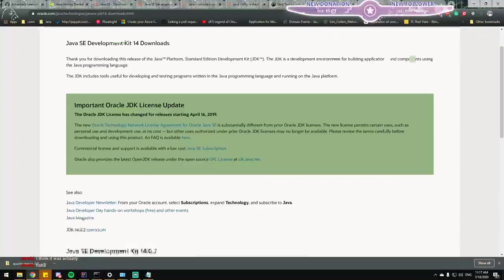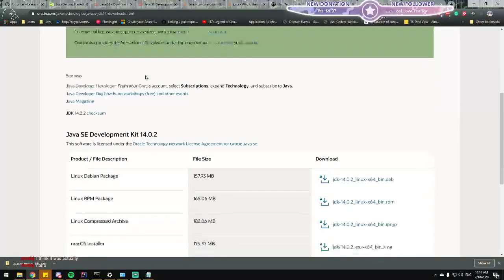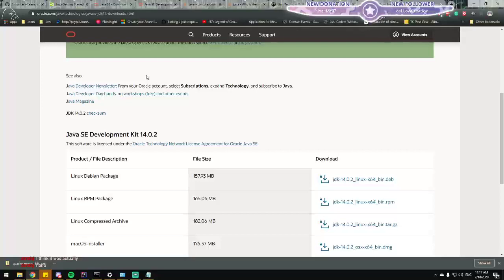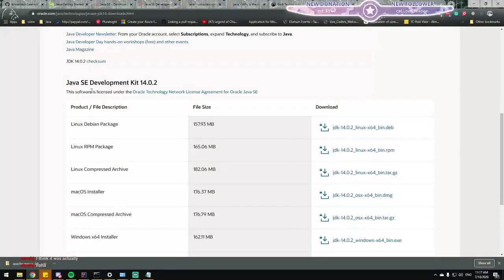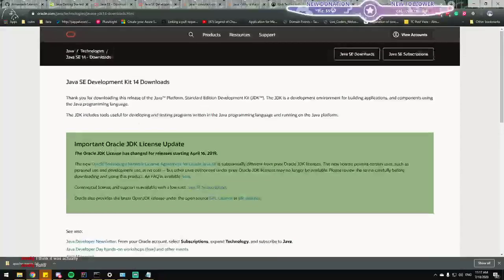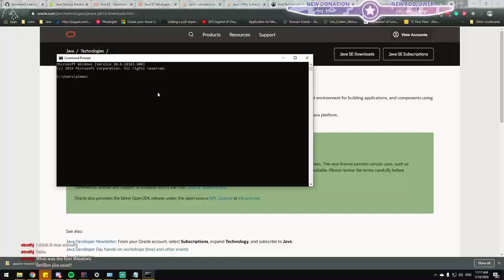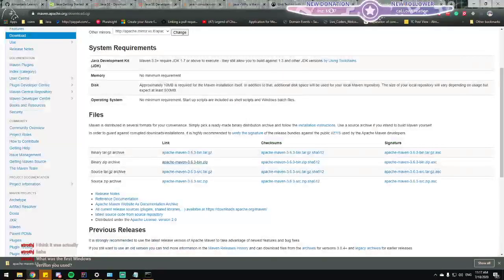Okay, what is Java SE? How does it compare to JDK? I definitely downloaded this. Yeah, I definitely have this. Let's restart the console and see if I'm missing anything. Yeah, it's still not recognized.